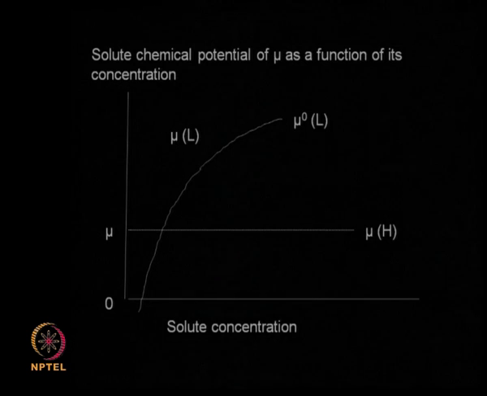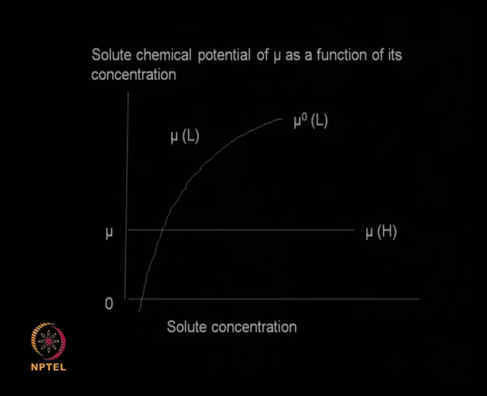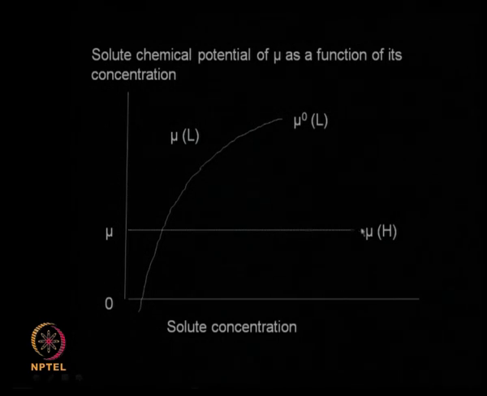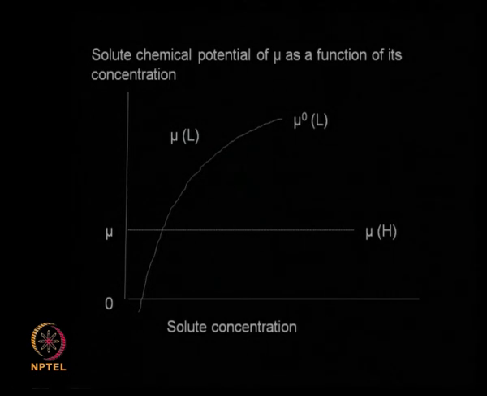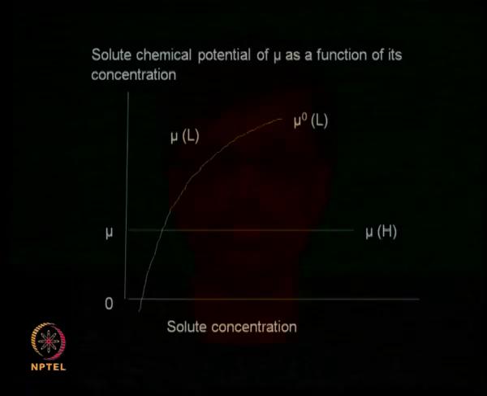So what will happen is you will have the chemical potential of the solute in the heavies, that is given by this, and then the chemical potential mu L keeps on increasing until it has to saturate out, because the solubility of the solute in the solvent is fixed, and that determines the amount of solute that moves into your